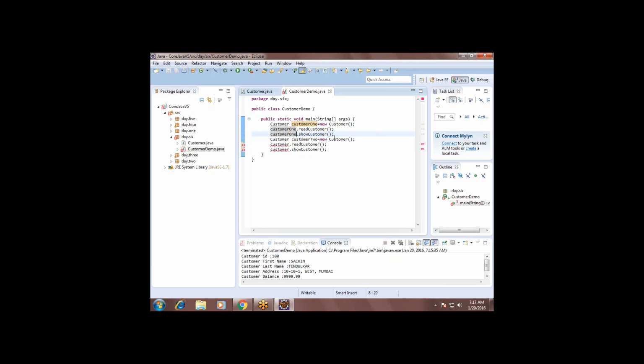Object 2 again I have created, just a moment.